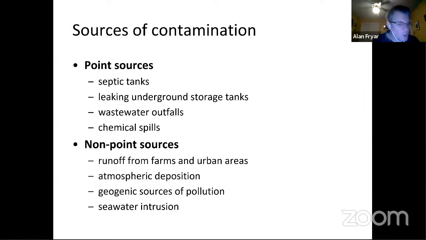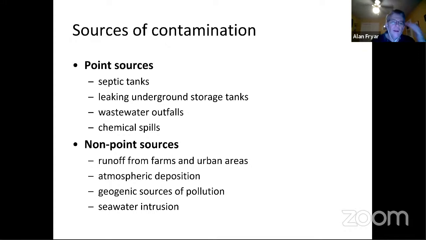So let me talk a little bit then about sources of contamination. These include what we call point sources, such as septic tanks for human waste. Latrines are an analog to that. Leaking underground storage tanks, such as gasoline stations. Wastewater outfalls. Even treated wastewater may have elevated levels of pollutants, even after treatment, say coming from a municipal sewage treatment plant. And chemical spills. So if you have a tanker truck